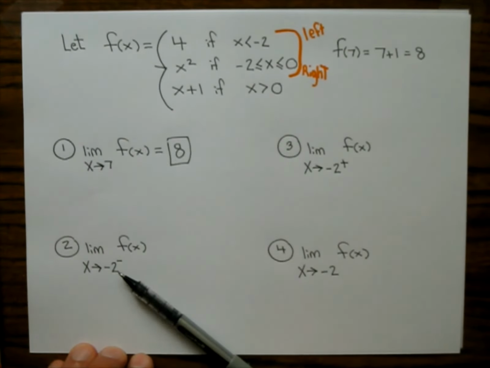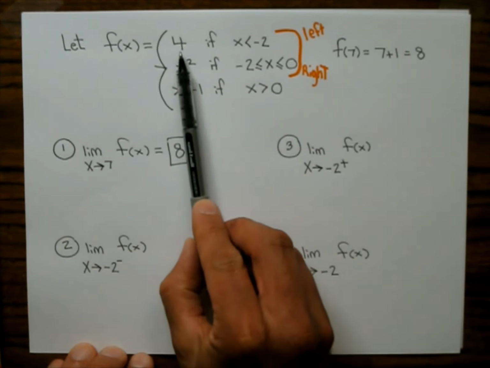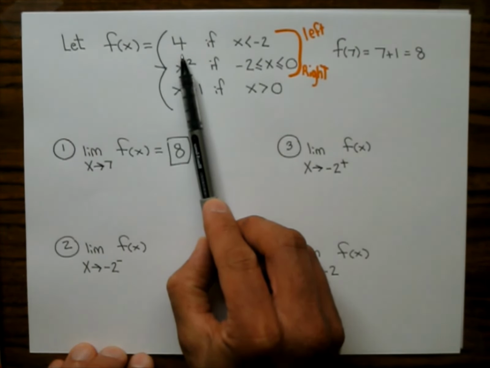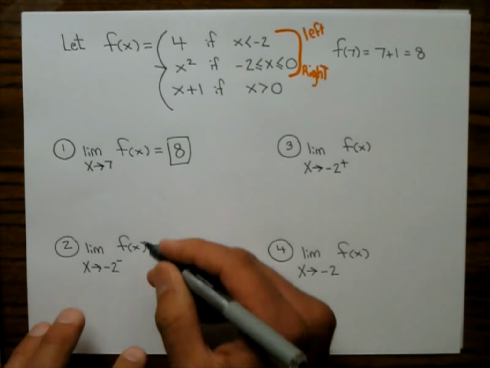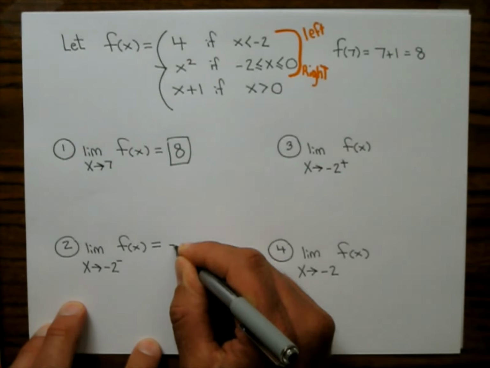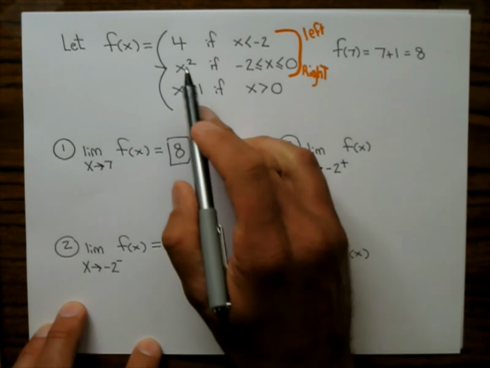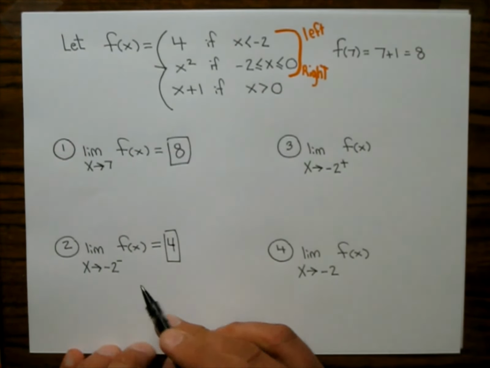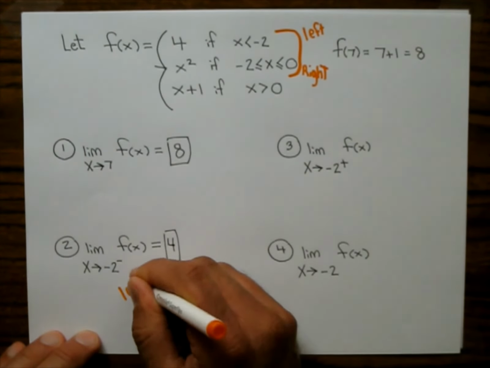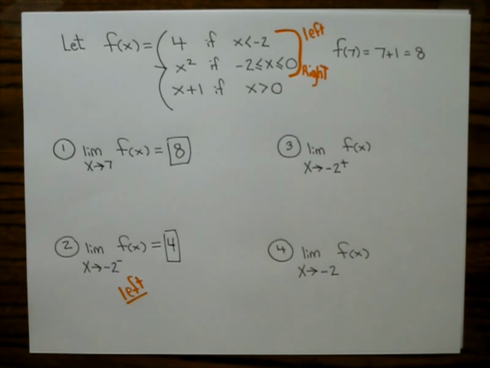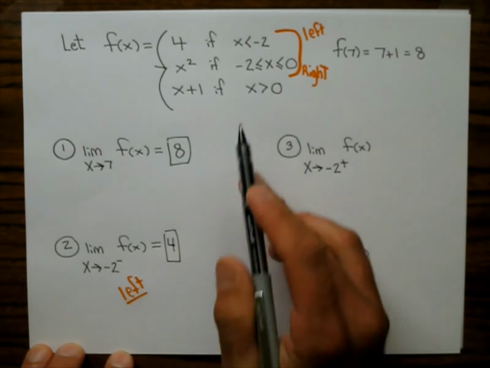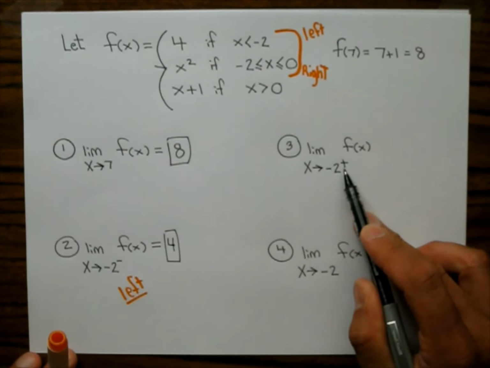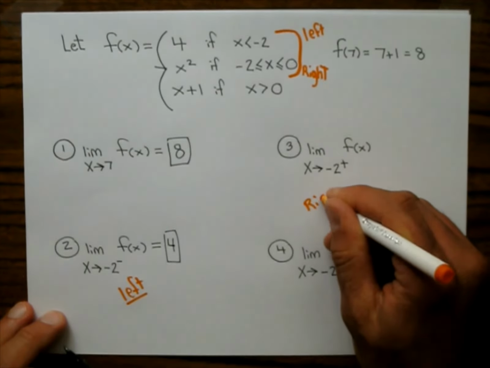That means you're going to be putting -2 into that function, and that's just a constant function. So if you put -2 into that thing that says y equals 4, it gives you just a 4. And that's coming from the left. So basically, if you're looking at this later on, I just plugged -2 into the top road. Now when I come from the right, and that's what that little plus means,